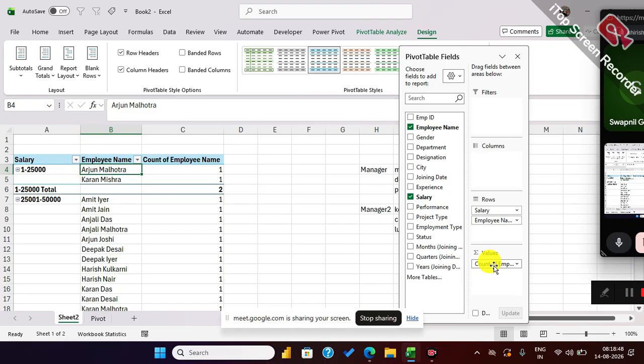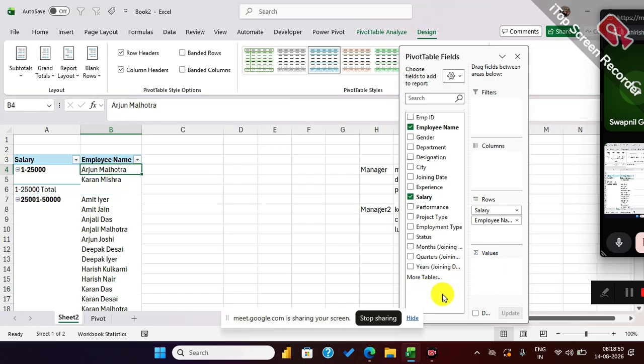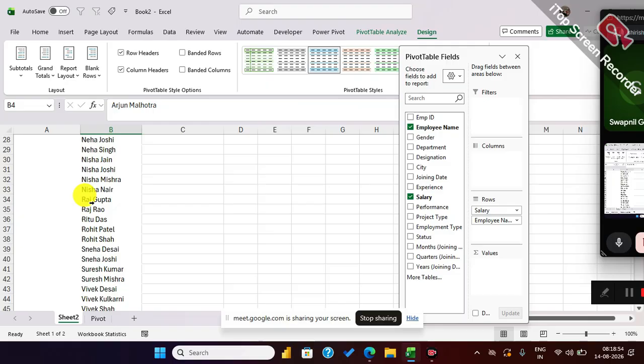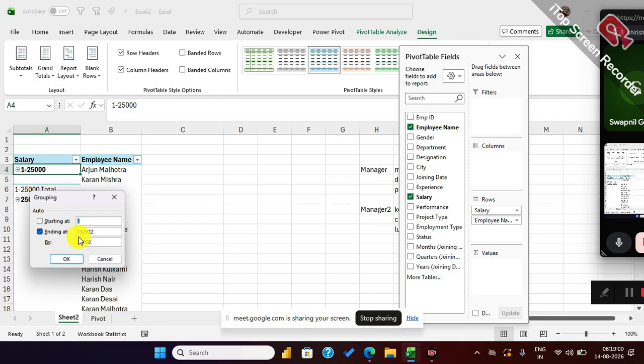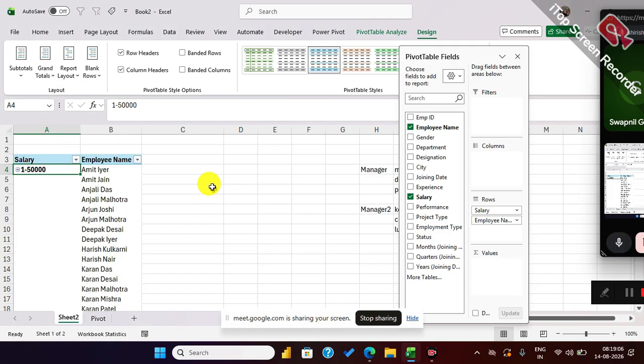अब ये काउंटिंग का रिक्वायरमेंट ही नहीं है, निकाल दो आप काउंटिंग को। ऑटोमेटिकली देखो सैलरी भी आ रही है, उसकी रेंज भी आ रही है। थोड़ी रेंज बड़ी है बिकॉज सैलरी का रेंज छोटा रखा है मैंने। Let me go to the group and let me say the 50,000, so you will get more number of employees। अब आप चेक कर सकते हो 1 to 50,000 के रेंज में ये सारे एम्प्लॉय